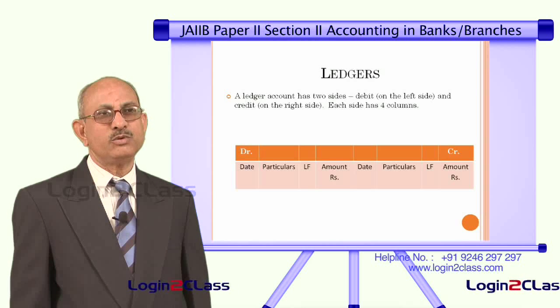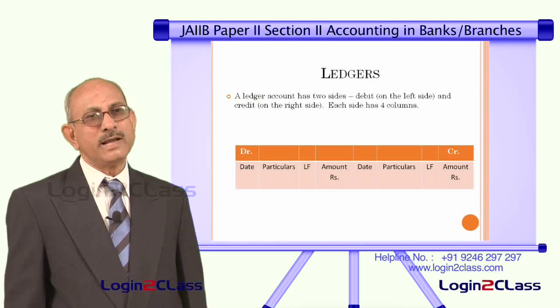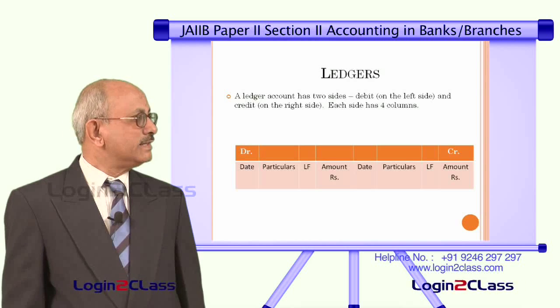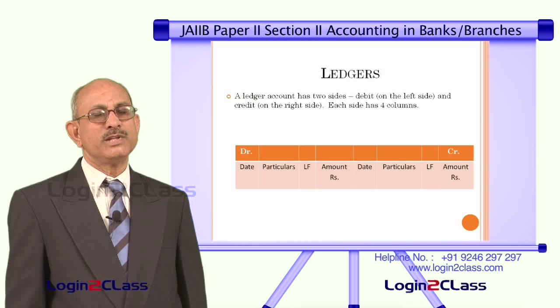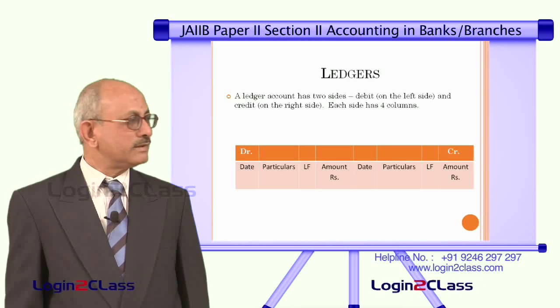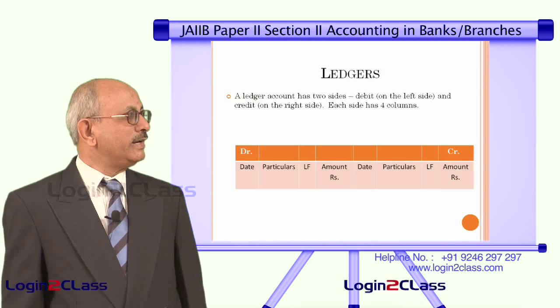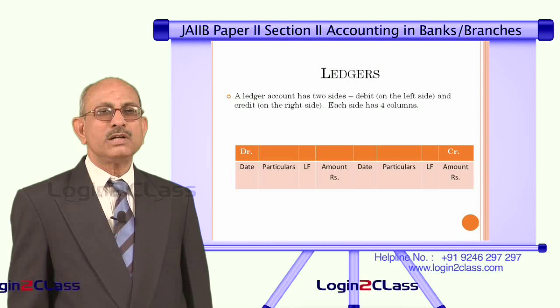Each account will have a folio number. For example, cash account can be folio 1, bank account can be folio 2 and so on. So that ledger folio number is given. This is only to facilitate cross checking as to whether the correct amount has been taken to the other side also or not. So when we post entries in the ledger, we have to post only whatever relates to